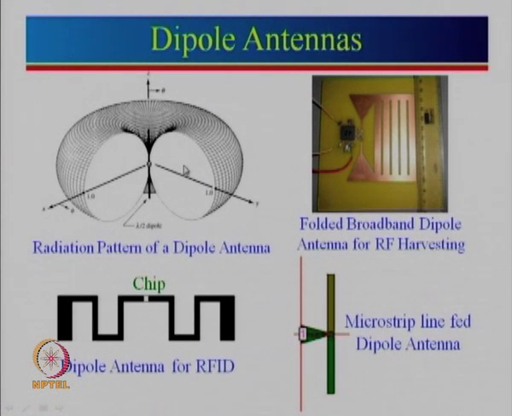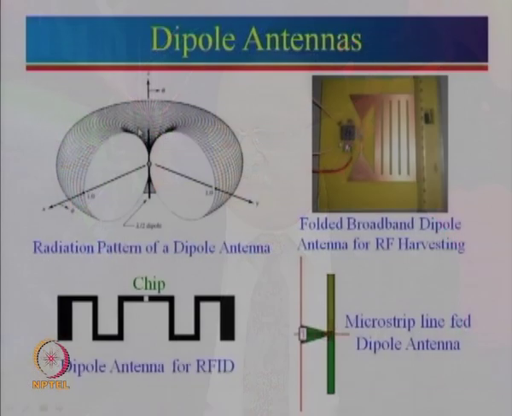Now, what are the different applications of the dipole antenna? In fact, it is used in so many different things, but currently there is one application where it is used very extensively, and that is RFID, radio frequency identification. In that RFID, there is a chip sitting there, and it has roughly lambda by 4 distance on this side and roughly lambda by 4 distance on this side. So, why do we do the bending? Because the size is small.